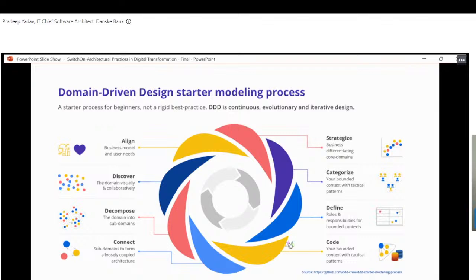so we decompose these domains into subdomains, and into the solution space, where we try to identify the bounded contexts out of it. So cohesive capabilities go within the bounded context, and that